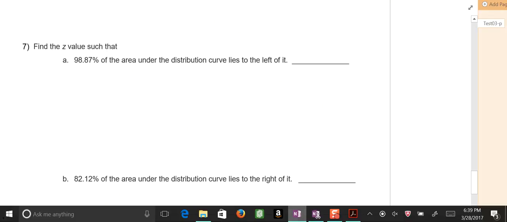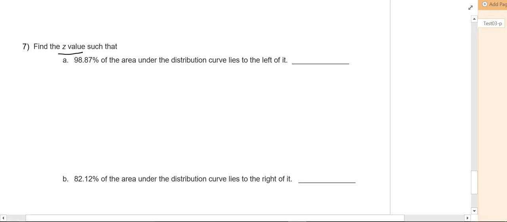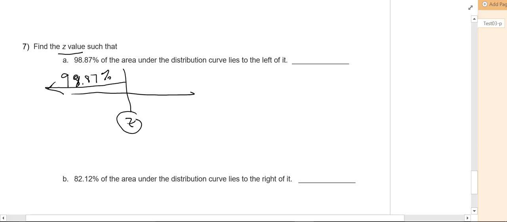I want to find the z-score, the actual number where, if you look on the chart, here's z, and 98.87% of the area under the distribution curve lies to the left of z. So what we're saying is that below z is 98.87% of the data. Well, that's the way the table works. But again, I don't know what z is. I have the probability,